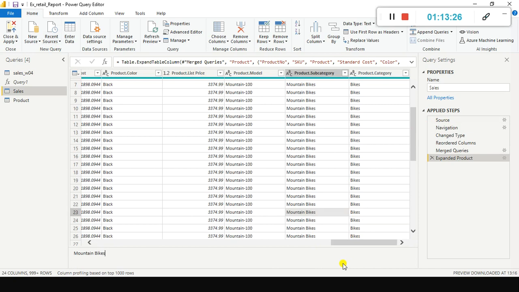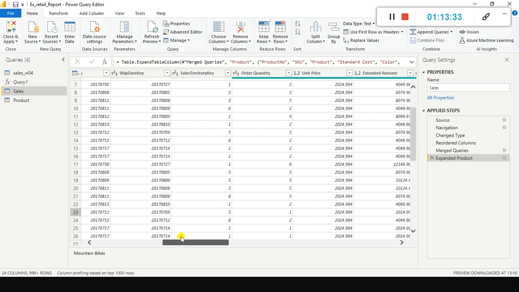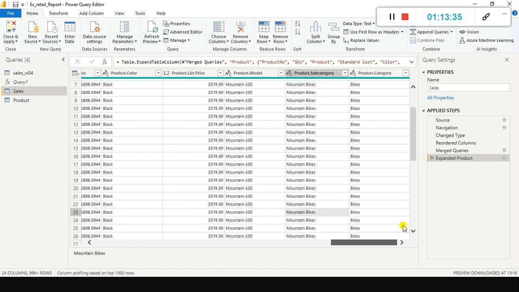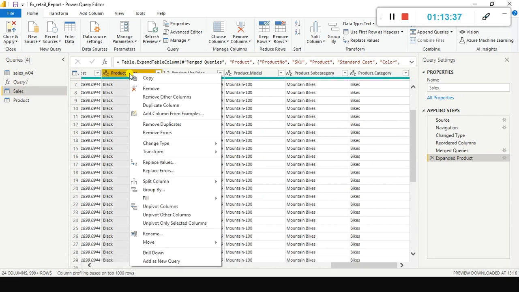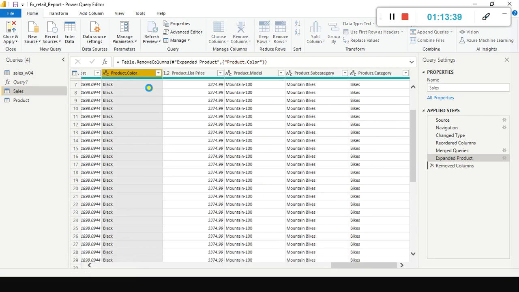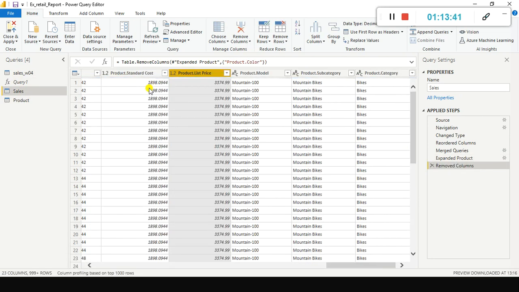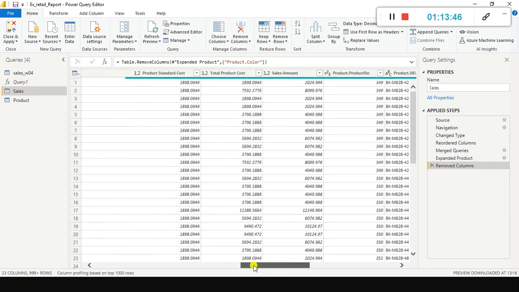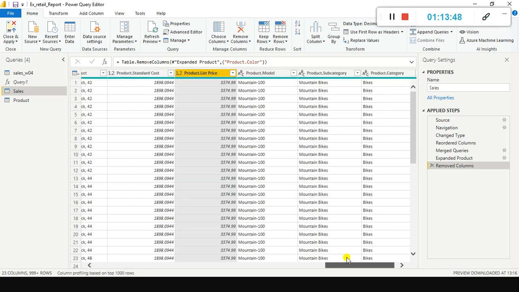See here, I just combined, merge in the sense combine these two tables into a single table, but it did it perfectly. But if I go here, I don't need this column. If I remove this column alone, product price is available. Yeah, correct, right?